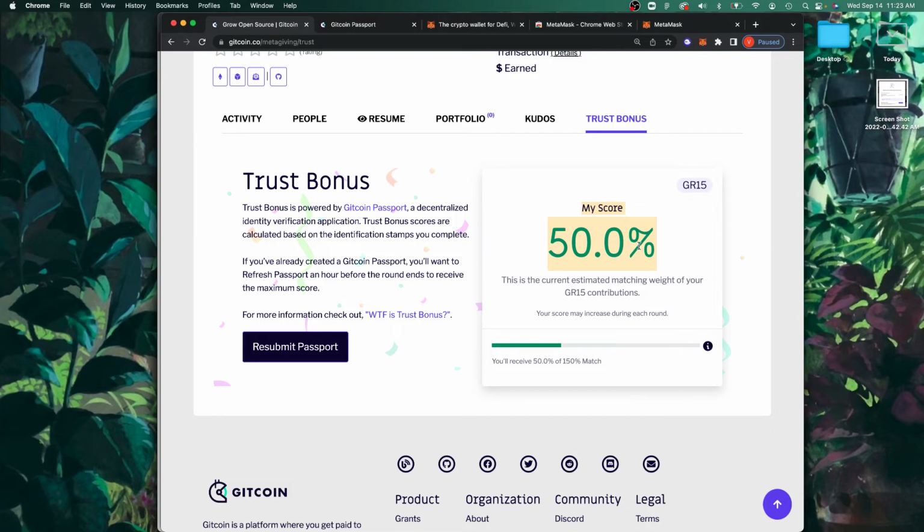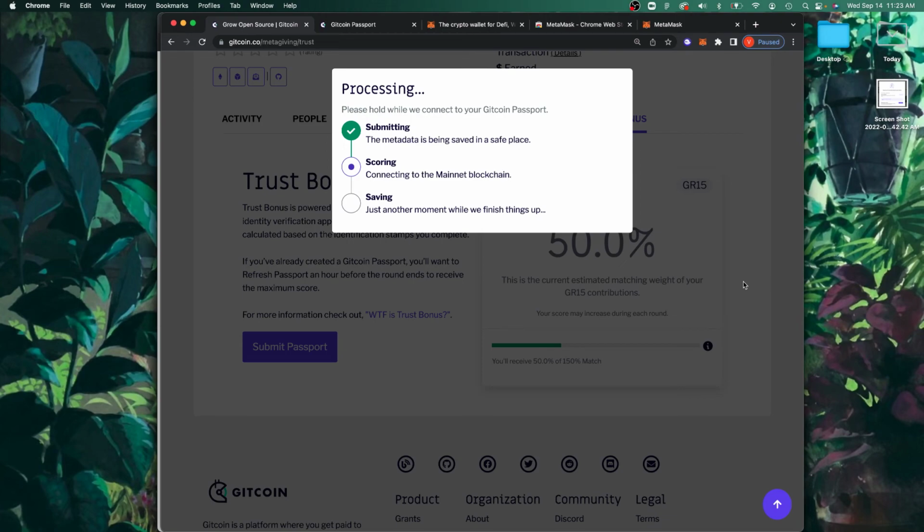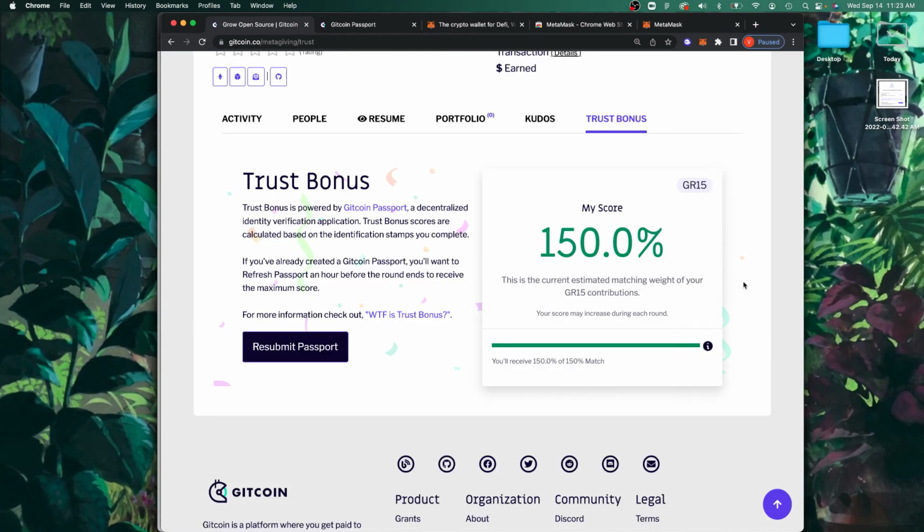So let's resubmit our passport because that's how we get it to update and see what our wallet is connected to. So I am doing that. It's going to do the scoring in the background. And while that's done, look at this. With just connecting that one account, I get my score from 50% to 150. So that way, the donations and contributions that I make to the grants that I'm excited about will have more money to do more good. So that is that on getting set up with our Gitcoin accounts. Again,